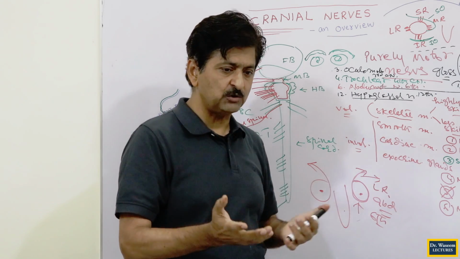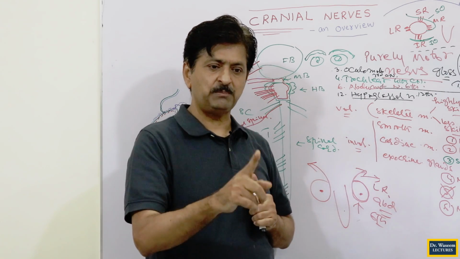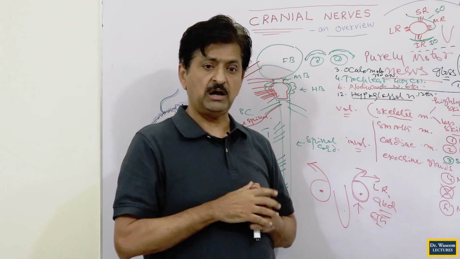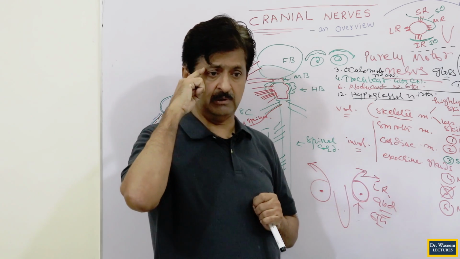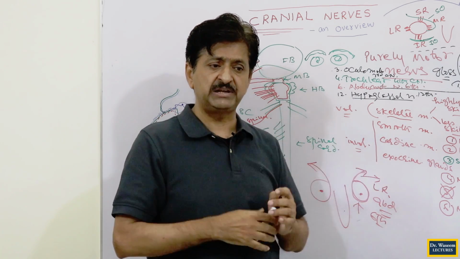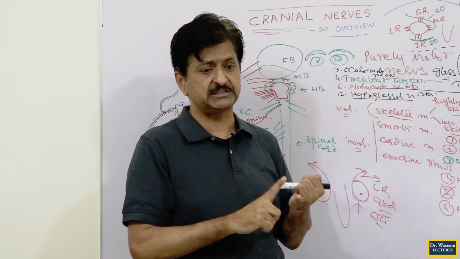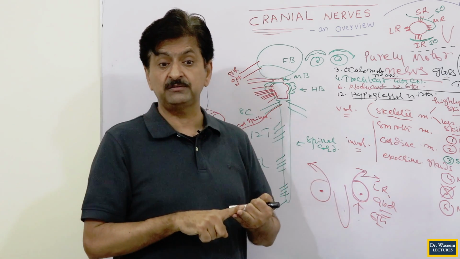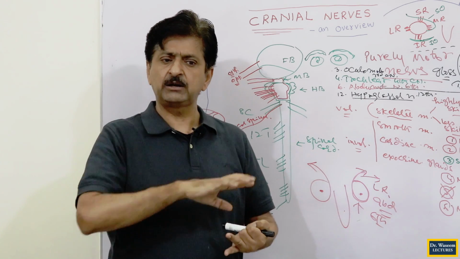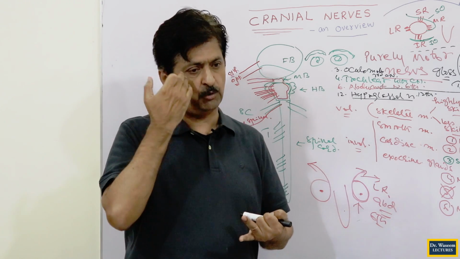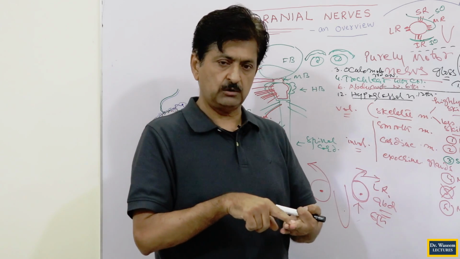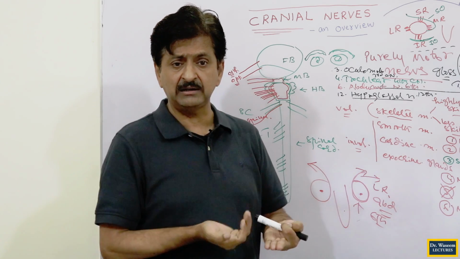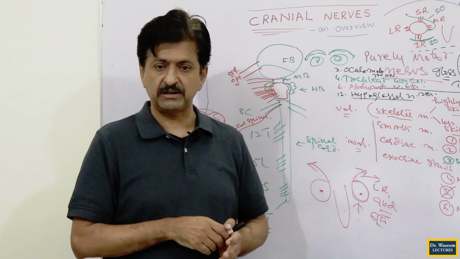So why do you call them purely motor? The reason is that they are supplying the highly skilled muscles for highly skilled organs, obviously, for the tongue and for the eyeball. For the eyeball we have got 7 muscles, 1 LPS, and then we have got 4 recti, 2 obliques. Out of the recti, lateral rectus is by the 6th nerve, so 1 purely motor. Then the second was for the superior oblique, that passes through the trochlea, so trochlear nerve, nerve number 4. And then all the remaining, including 3 recti, 1 oblique and 1 LPS, together are called the oculomotor, so the 3rd purely motor nerve, so 3 for the eyeball, and the 2nd highly skilled organ is the tongue, and for the tongue it is called hypoglossal nerve, so this is the 12th nerve.